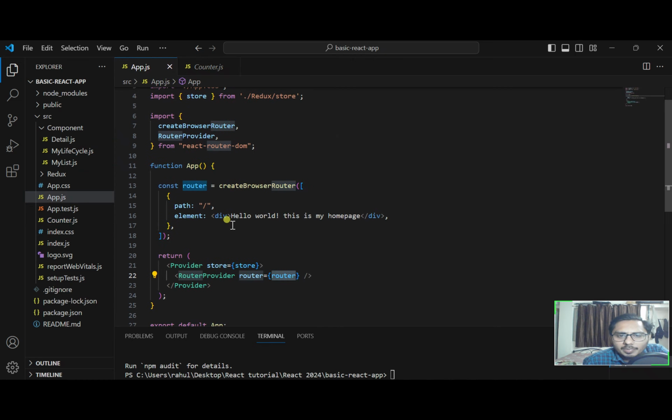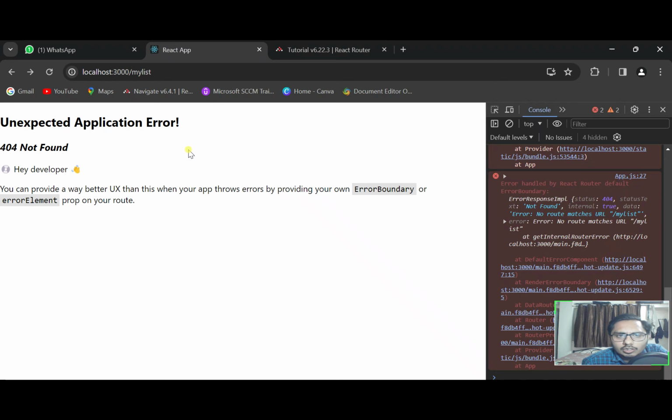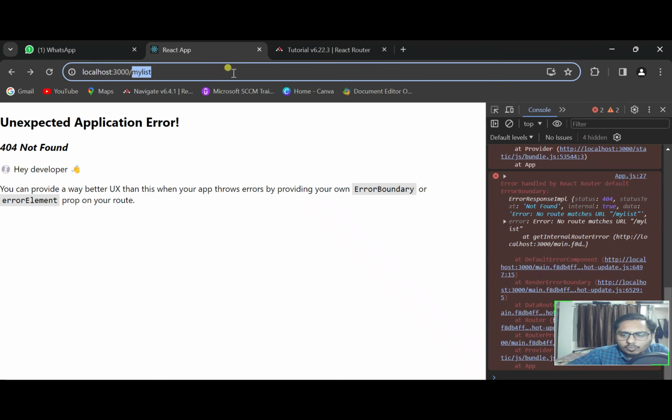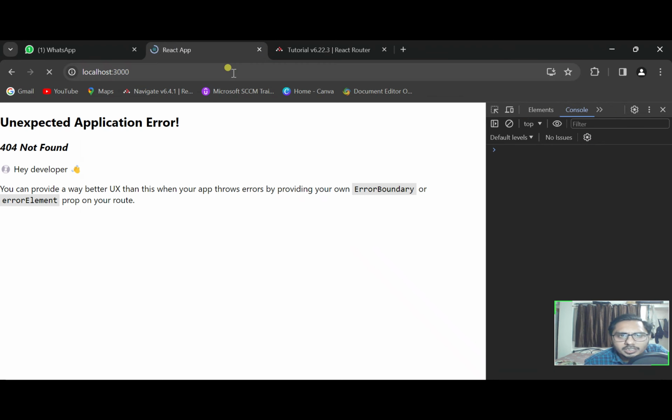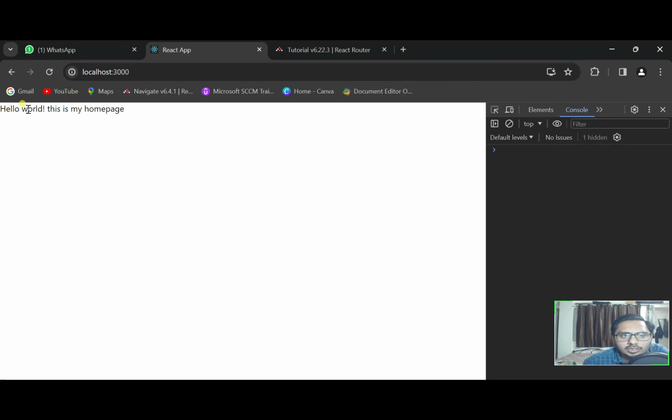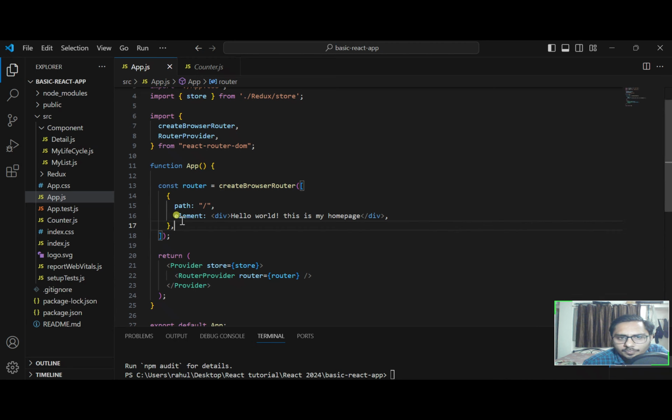So I will create some paths. Initially, let's go and see in our React app. As of now we are at the base path, so you can see at my base path it shows hello world, this is my home page. Now, if you want another one,